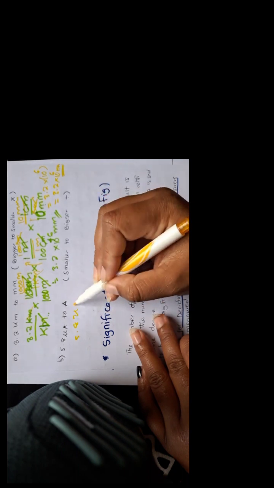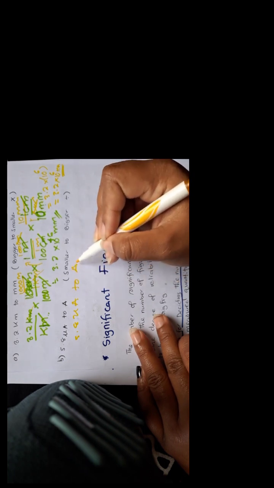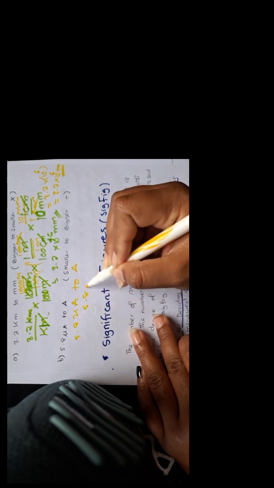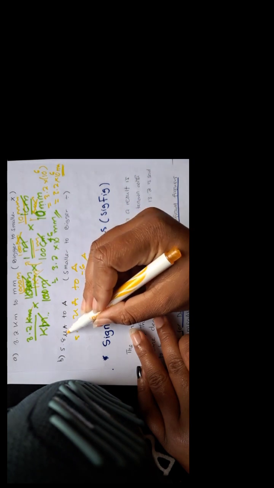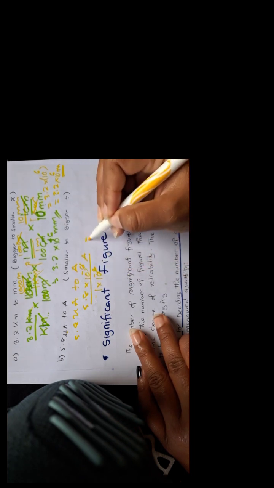The second example is smaller unit to begin with. That we have 5.8 microamps to amps. So we divide 5.8 times 10 to the power of minus 6 amps divided by micro, which is 10 to the power of 6, so 1 times 10 to the power of 6. So this one is out, and we have 5.8